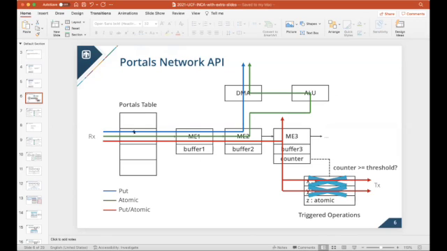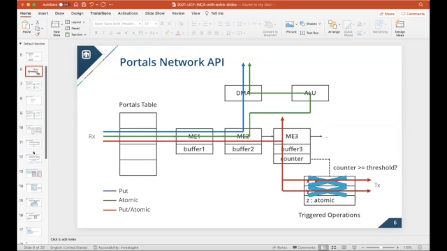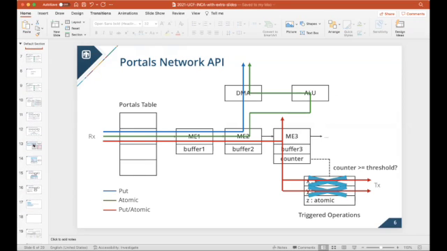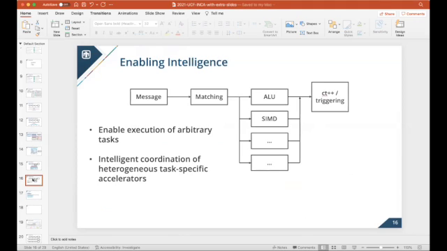And then setting up portals tables and matching elements as sort of the virtualization of the address space. So this is related to that, and in a sense can be viewed as an extension of those same principles to basically trying to coordinate